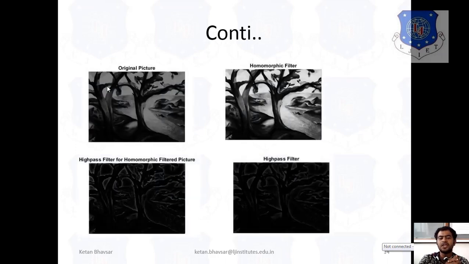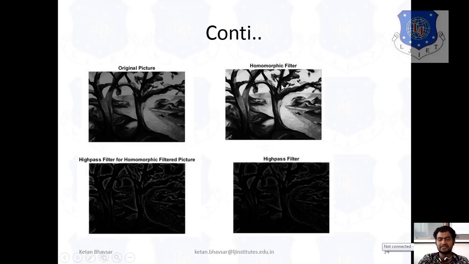So as you can see, if you have the original image, this one, and the high pass filter, your image for the homomorphic filter looks like that. But for getting a better result we have to apply the homomorphic filter, and as you can see, it gives you a better result as compared to these two filters. So as you can see, your sharpness, your boundaries, your regions, your areas, your corner portions give a better result as compared to a specific low pass filter. So you are getting a better result as compared to the other types of filter.